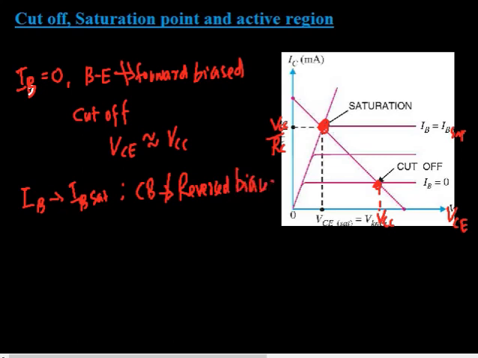If the collector base junction is no longer reverse biased, then the collector emitter circuit becomes a short. That means the current flows from collector to emitter through the circuit. So we can say that when the collector base junction is no longer reverse biased, the collector emitter circuit becomes short. So this point is where the base current is saturated,